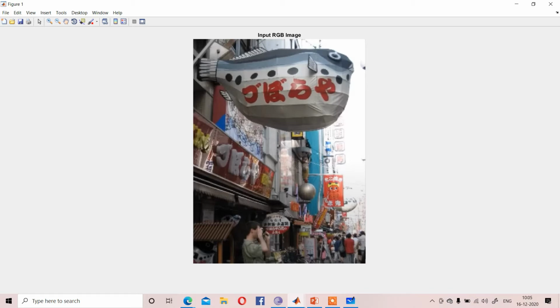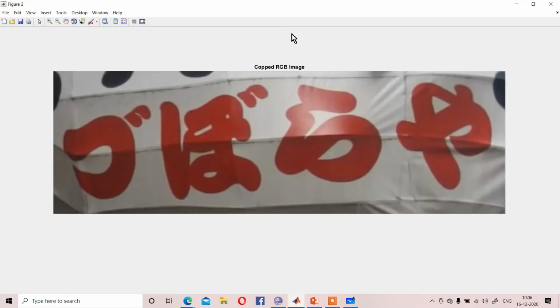So that is your input image taken from the internet. Any image you can take. From that image, our aim is to segment out the data written here. Now to segment out that data, what are the steps? The first step: other parts are not our area of interest, so we will first remove all the other part except that part. So the first step is to crop the data. So that I am cropping.